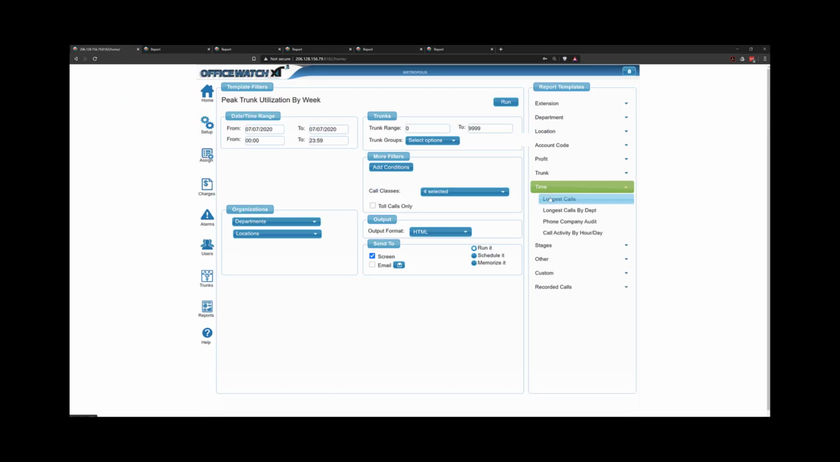Right, so again, that was a trunk report. We also have, related to call volume, your call activity by hour day, your phone company audit report, and so on. Something that's helpful now about XT2 is you have the ability to use rates that are in the CDR. So if you're using maybe a UCaaS solution, or rates that are associated to your carrier bill or wireless bill, where the rates are already applied,